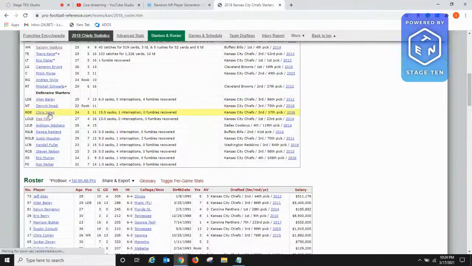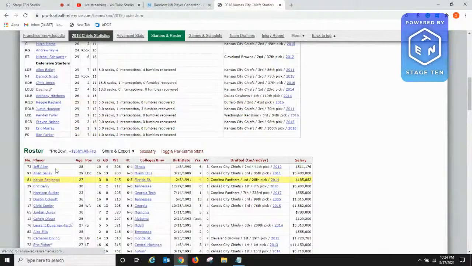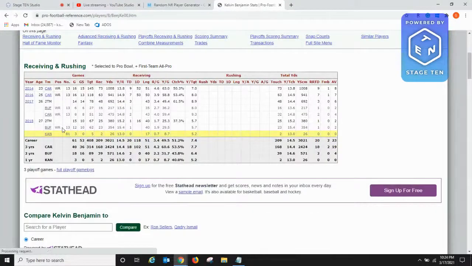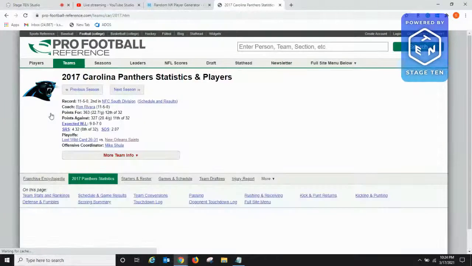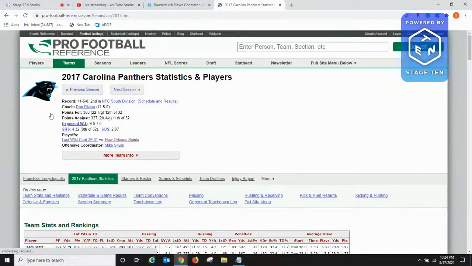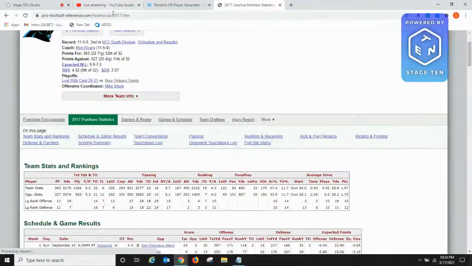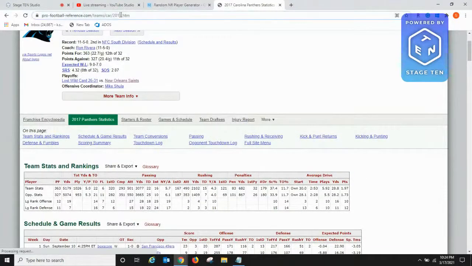Let's go to. Should we go Chris Jones? No, I think he's played his whole life. Let's go Kelvin Benjamin. I remember Kelvin Benjamin in his prime. Well, not in his prime, but back when he was actually good with Carolina. Yeah, that makes it sound like an old person. That was back in the year they made it to the Super Bowl. Was that year he was injured? It was either that year or the year before. I don't know, but man, he used to be such a good player back with Cam Newton also in